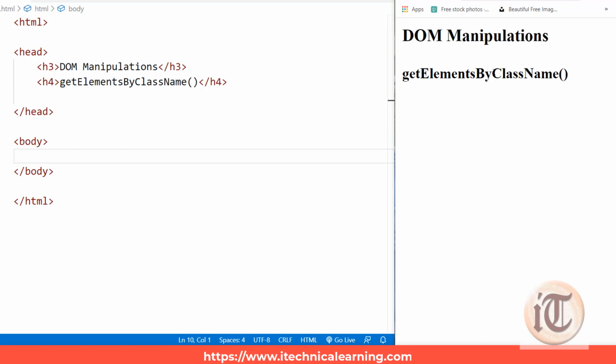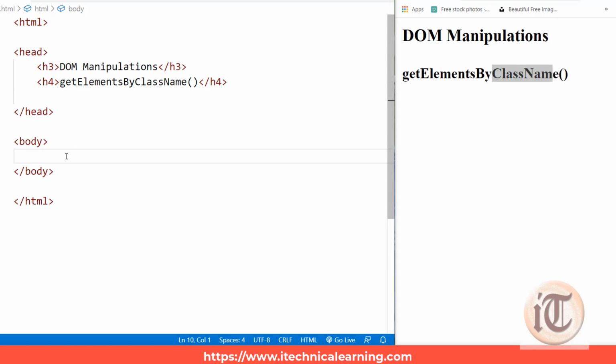If I call this method, it searches the complete HTML document and returns all those elements that are associated with a particular class name. To understand it, first we are defining our HTML document.